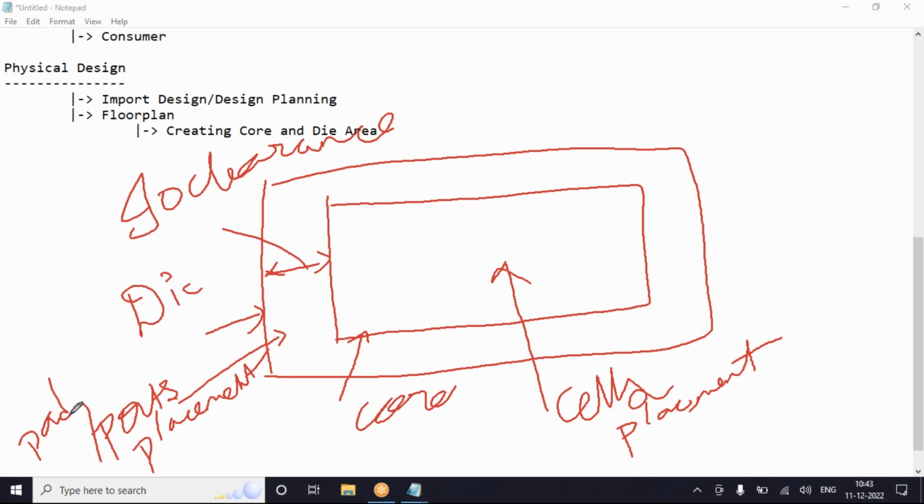So in the IO clearance area, the pads or ports or pins will be placed. Okay, the die boundary is the external boundary of the chip. Core boundary is the internal boundary where your standard cells, your routing of those cells, everything is going to be happening. In simple terms, internal to your die, all the routing will be happening. And all the rooms will be placed in the core.